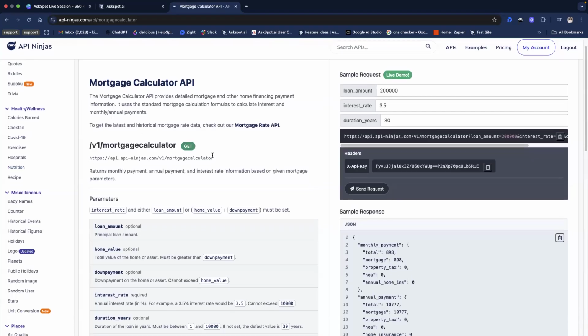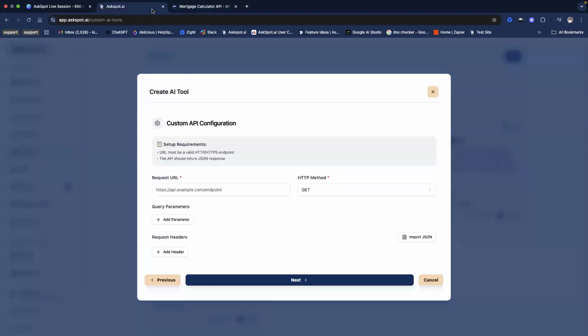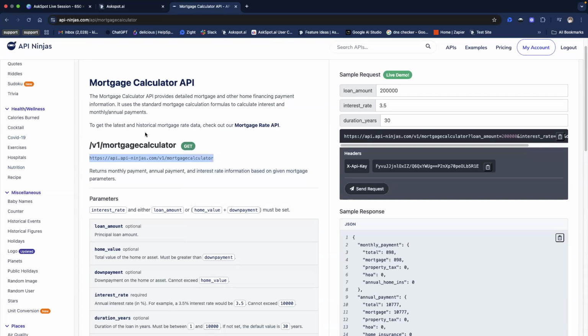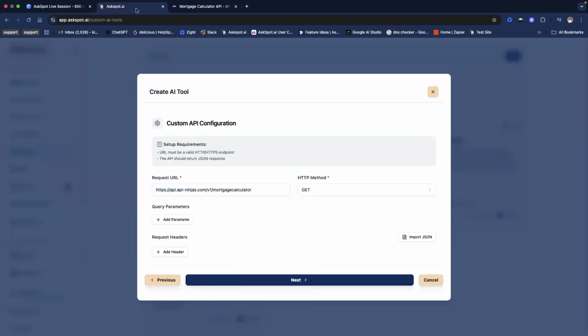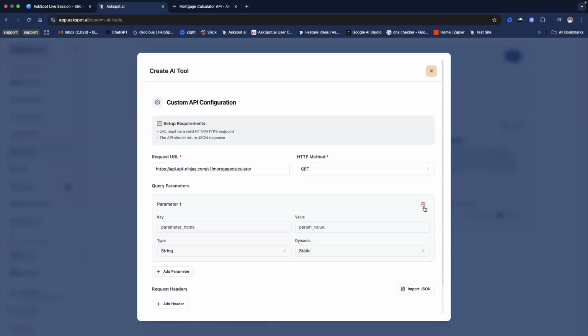So where's my, okay, it's this one. This is the link that I need. And then for the API configuration, request URL, it's that one, HTTP method, get. Okay, that's fine. And then next is query parameters. Oh, sorry, let me just enter my